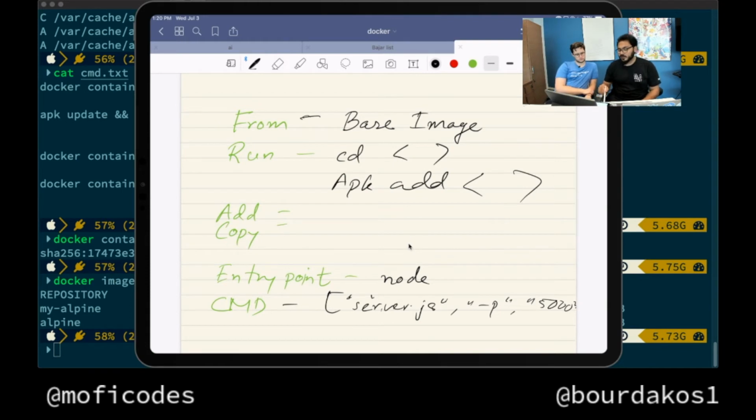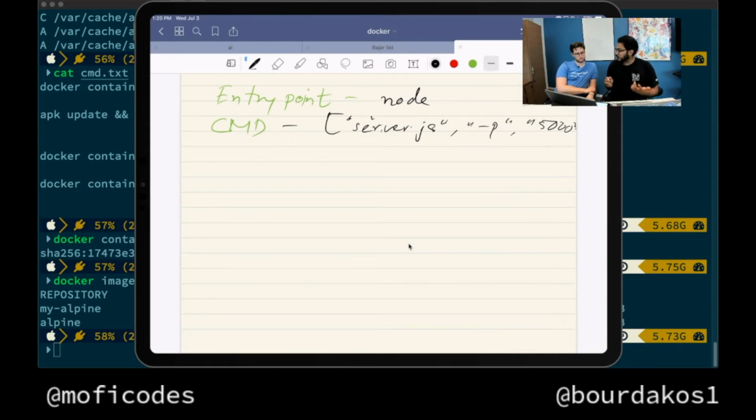Just with that, you can pretty much create a working image. You need the FROM because you need to start somewhere. You need either an entry point or a command if you want to start a process when the Docker run happens. ADD or COPY, because you almost always want to copy something from your machine to the Docker container. So basically with that, you can pretty much do most of the Docker stuff, but there are a few other